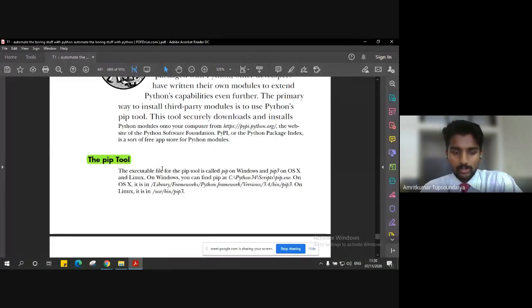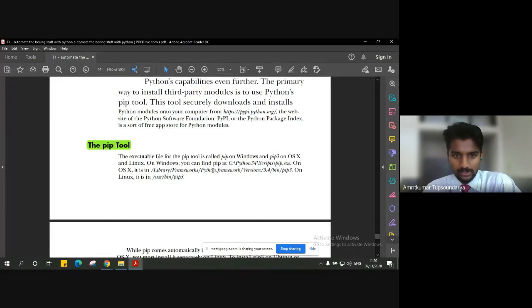So how to execute a few modules under pip? Pip usually comes pre-installed in some of the operating systems, but if it is not there, you can still go and visit these links to install the pip tool for your operating system. As you can see, the executable file for the pip tool is called pip in Windows, pip3 in OS 10, that is for macOS, and Linux also.